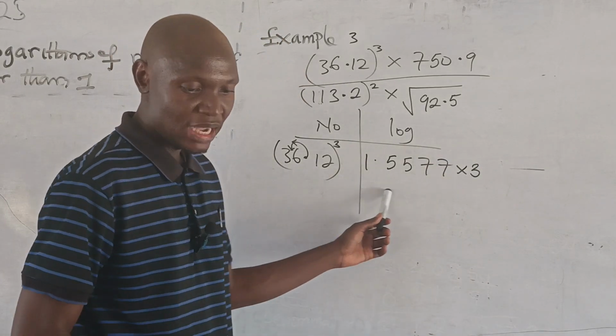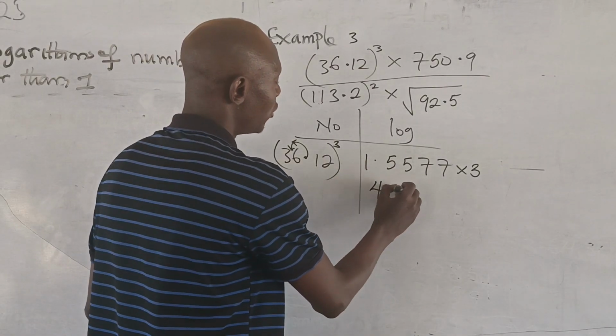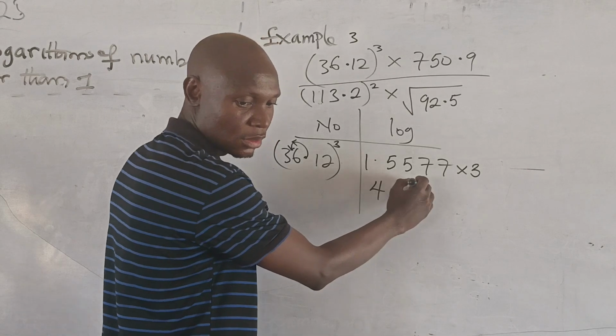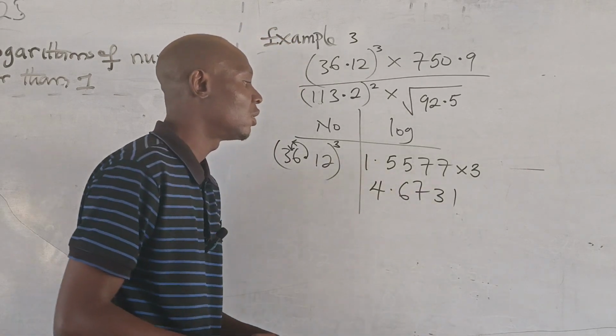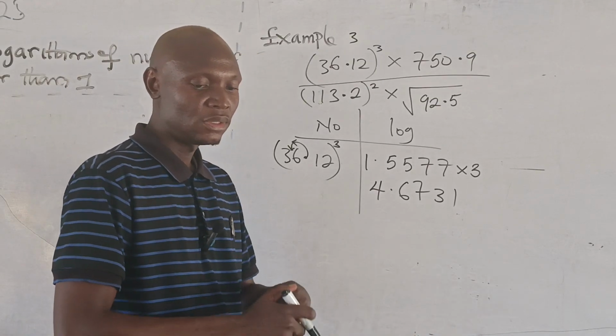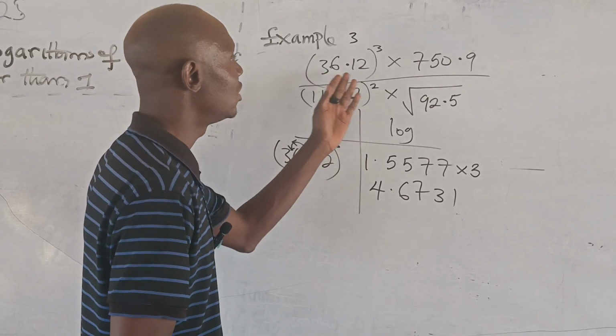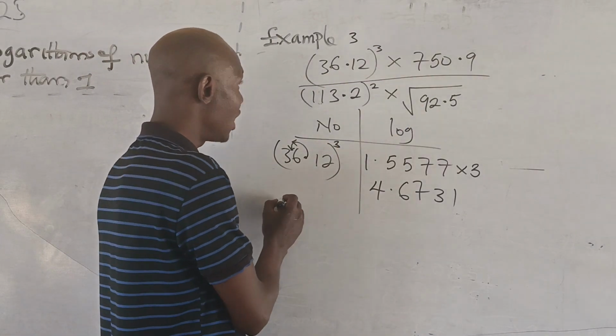So if you multiply this by 3, we are going to get 4.6731. So we are done with this, then we move to this. So we have